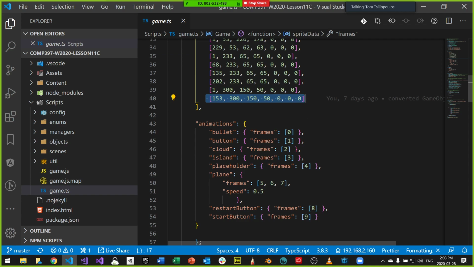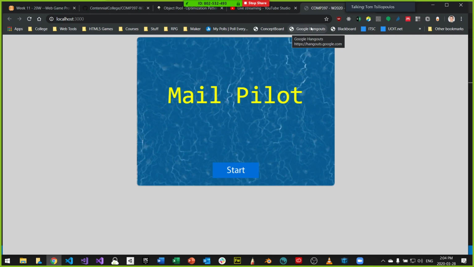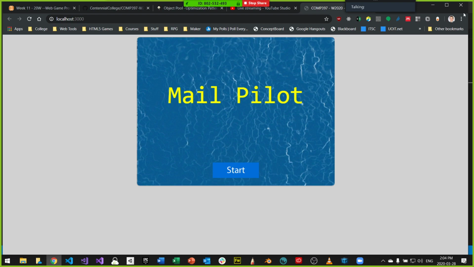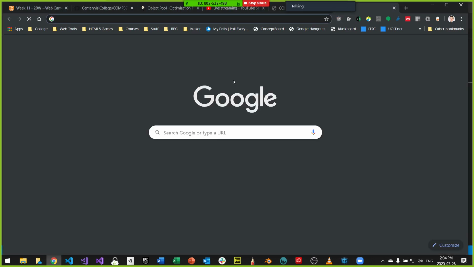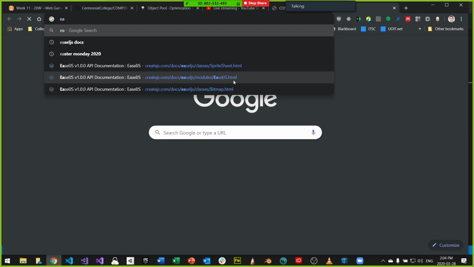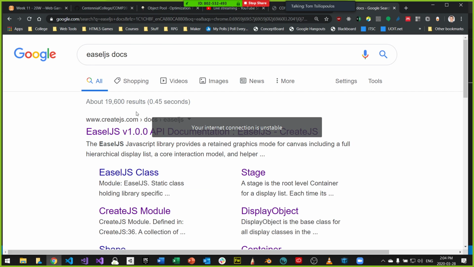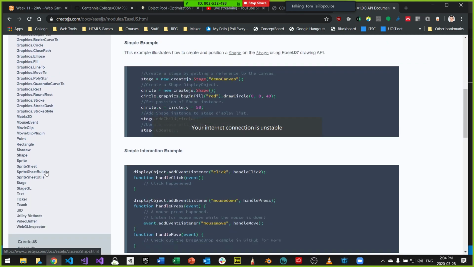So that is how it works, and I didn't make any of this stuff up. This is from Easel.js. If you go online and look up the Easel.js docs, you can see that Easel.js documents how to do sprite sheets.